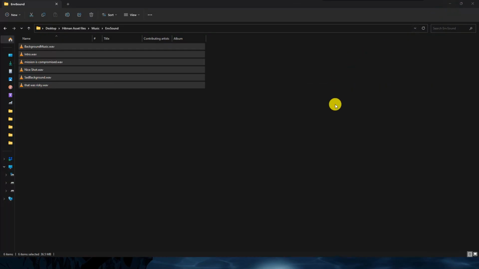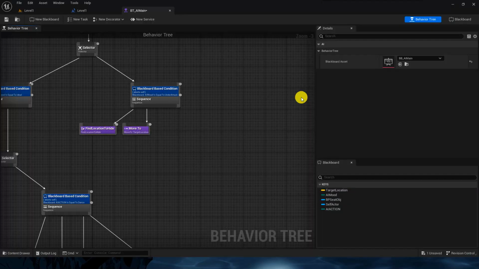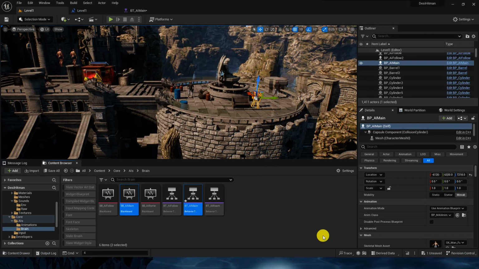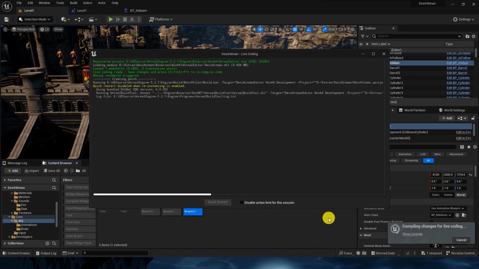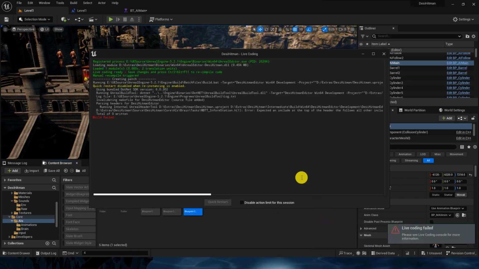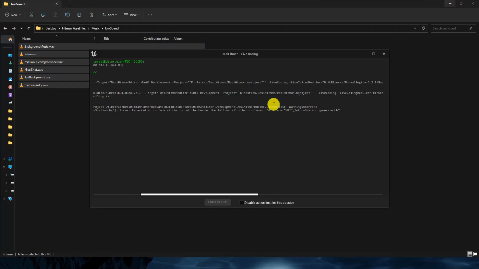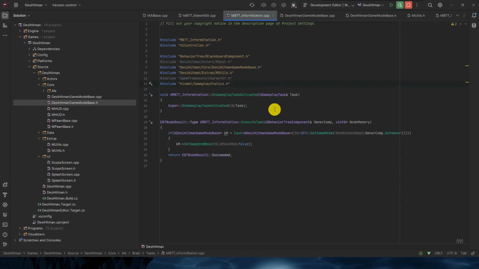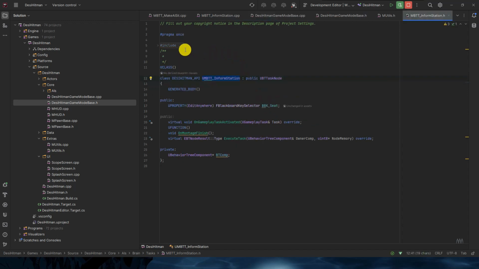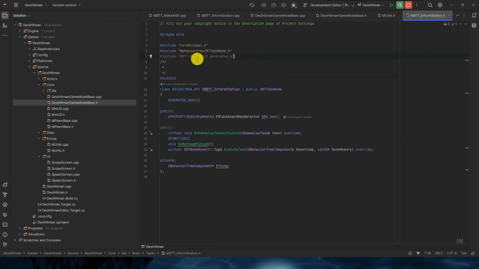So let me open Unreal. Okay, let me compile. Control B. Okay, I forgot to change it. So here in Inform Center we will replace this string with Inform Station.